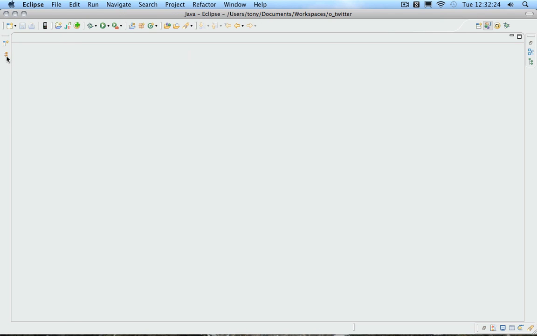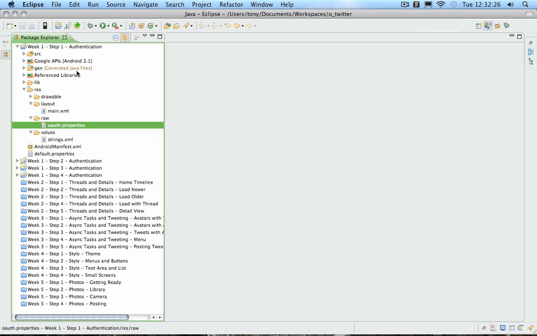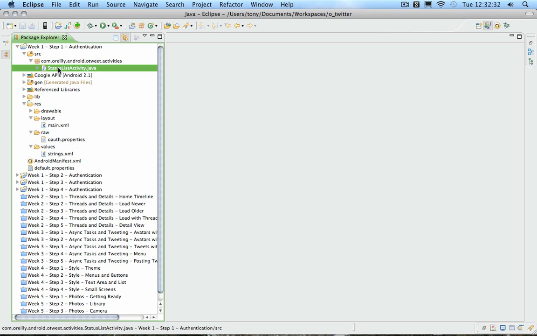And that will be what you need to do to connect up with Twitter. So let's just look at what we've got in the source. So far, we started out with a status list activity. And then if I open up the manifest,